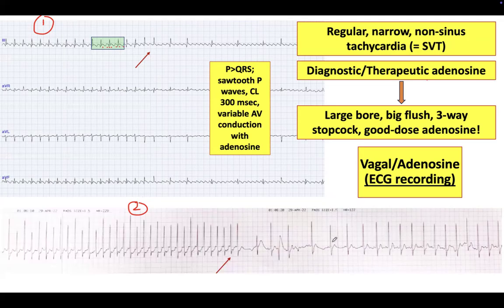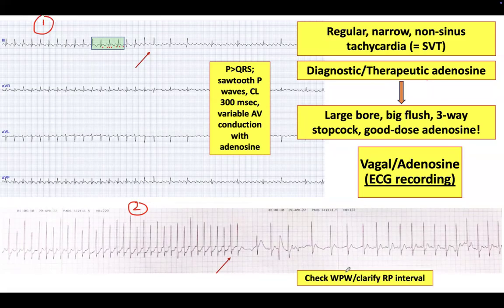So, another SVT, but in this case, it's not flutter. It's just AVRT or AVNRT that terminated with adenosine, versus flutter. This is an example of flutter with unmasking of the flutter after adenosine. And as you can see, during adenosine, there was variable conduction down to the ventricle. So sometimes flutter presents with regular tachycardia or irregular tachycardia, depends. And when you terminate SVT, of course you want to assess whether there's short RP,